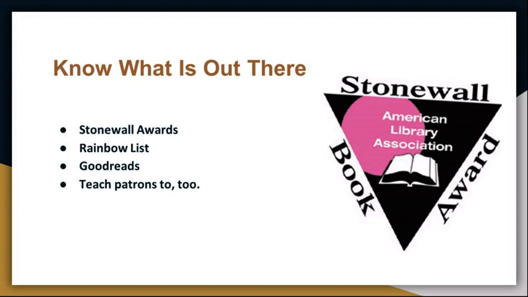Use online resources to develop a strong LGBT collection. The ALA gives us the Stonewall Awards and the Rainbow List, but Goodreads has crowdsourced recommendations. Remember, though, that taste is as complicated as identity, and subjects and tags are constructs. In school libraries, you're teaching your students that books are more complex than a love story.